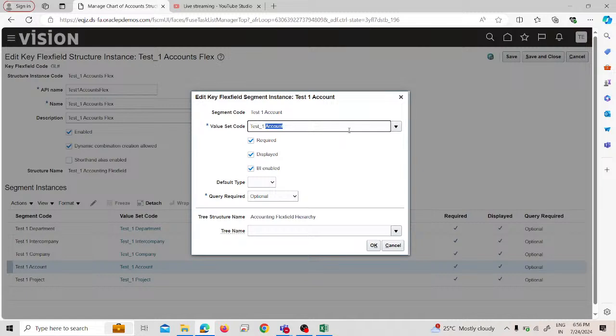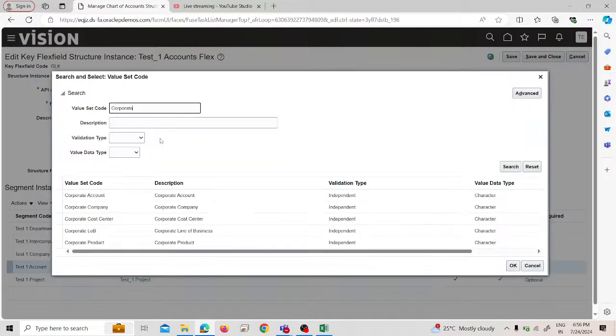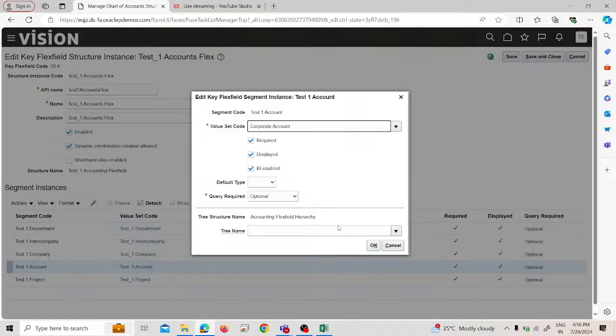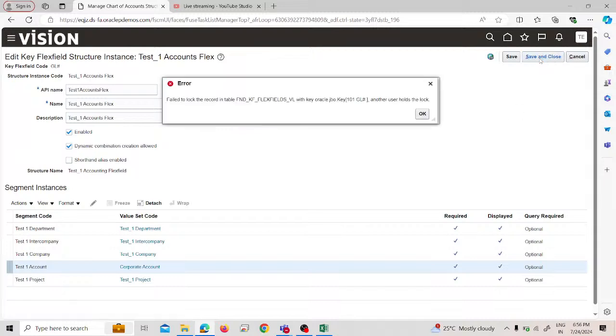Now we want to change this test code. Okay, I will just search for the corporate, as we have discussed right now, and we will choose this corporate because it will give us many value sets. We click on OK, and you can see the corporate account has been changed. When you click save and close,